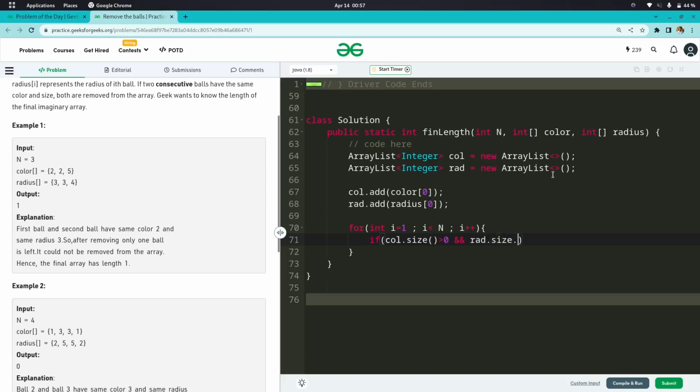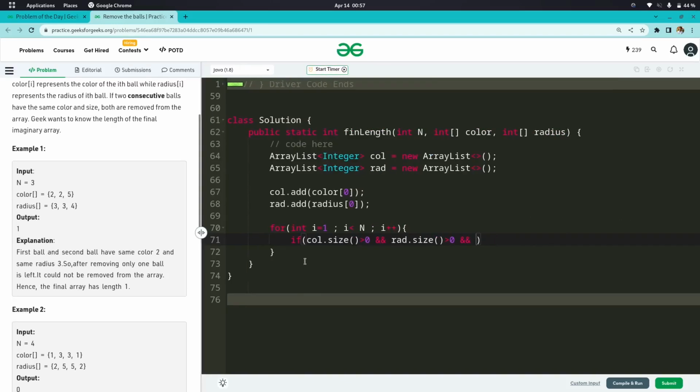And if radius dot size is greater than 0, then the main two conditions: if the ith value of color is equal to color dot get the last element of the array list. So the last element is what?